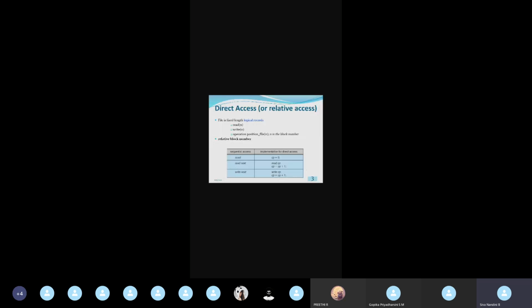That is, we are going to give the current position. For quickly accessing the data, I'm considering the same example. The current position is at 53. I need to access the data at 60. Further, I need to access the data at 61. And further, I need to access the data at 63. Like that, I have the requests in a queue.